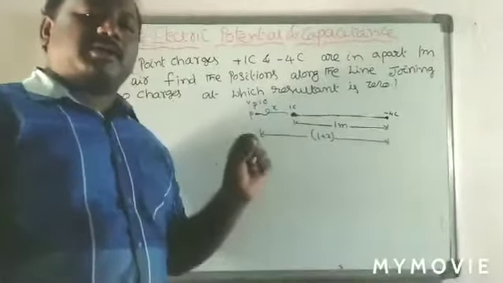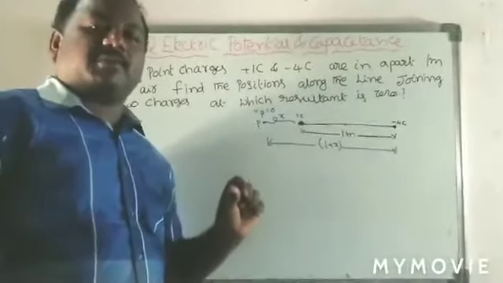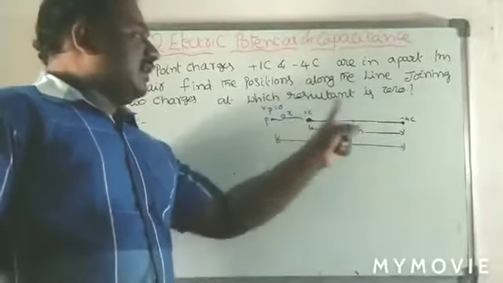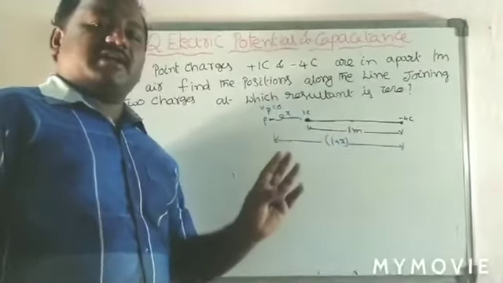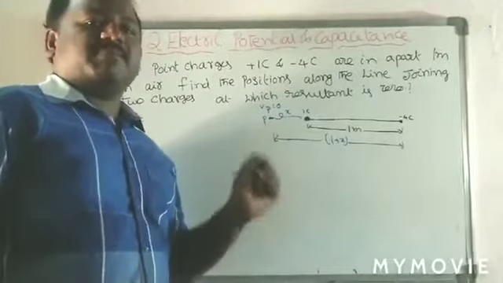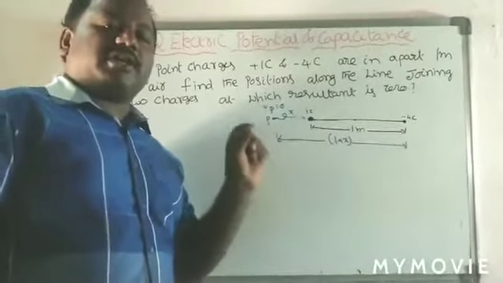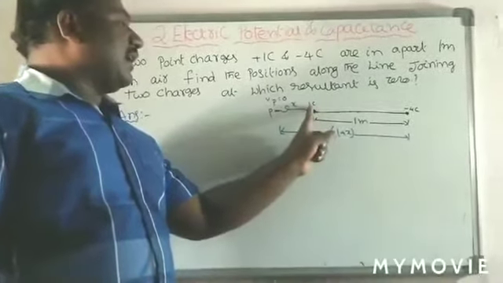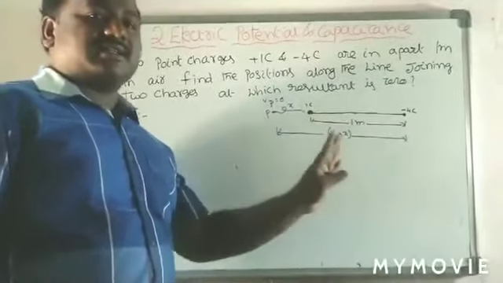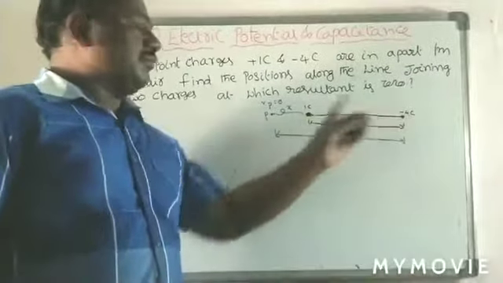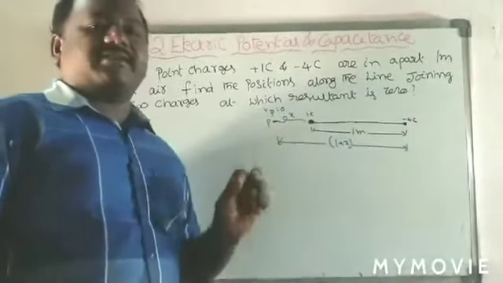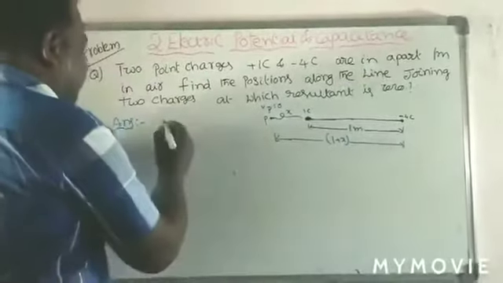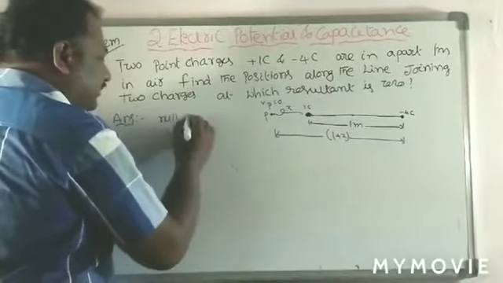So in the examination, if they give the problem, you have to solve these two cases. The null point is considered in between the charges, and the null point is considered outside the charges. And you have to remember, the null point is always taken nearer to the least magnitude charge. Sign is not considered. Here 1, 4, the least magnitude is 1, so I take the null point nearer to the 1 coulomb.